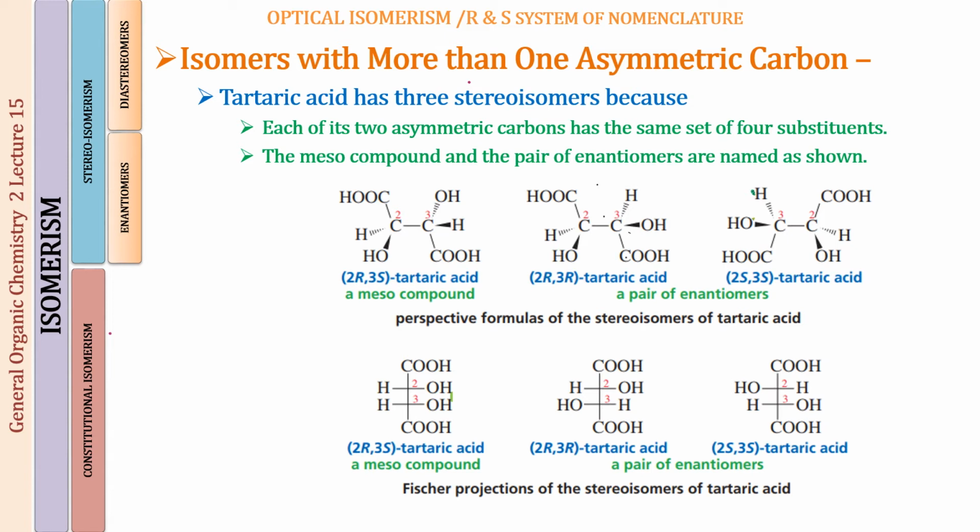All right. Now, while we were talking about the last example, what we learned is that the maximum number of stereoisomers possible for a compound is equal to 2 to the power n, where n is the number of chirality centers. Now, in this compound, tartaric acid, there are two chirality centers, C2 and C3. And very interestingly, both of the two asymmetric carbons have the same set of four substituents. That is very important for you to remember, and that is why you are able to see the meso structure in this compound.